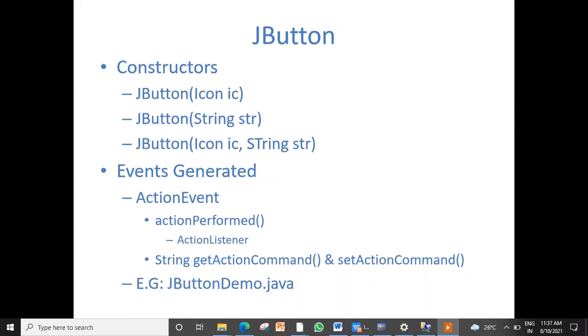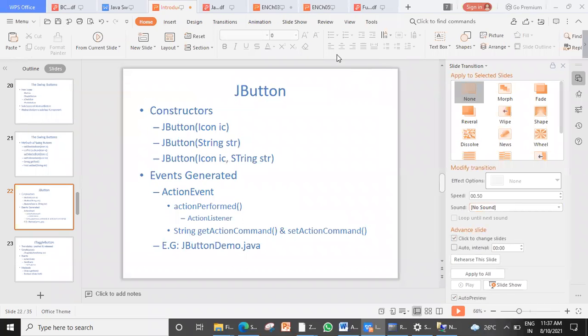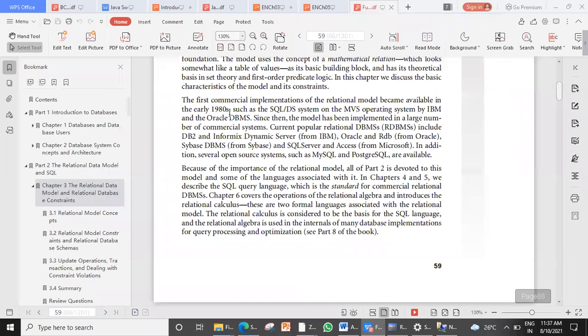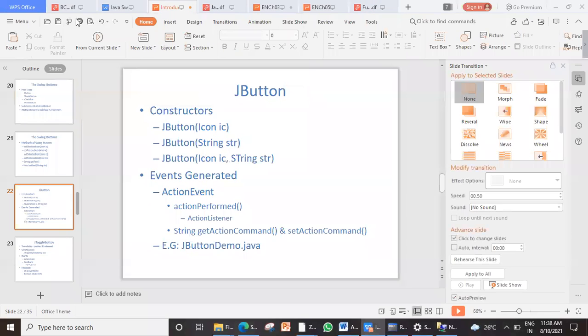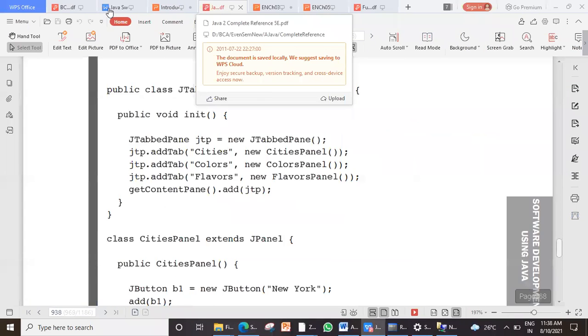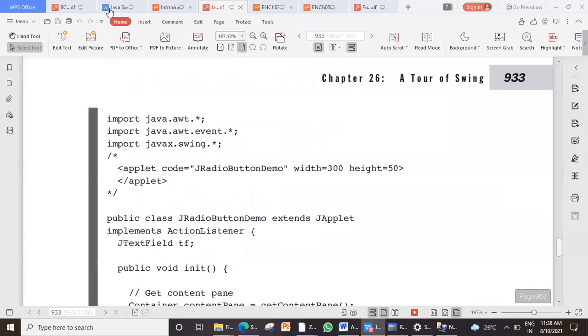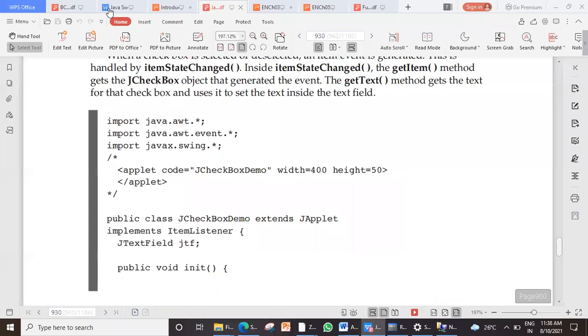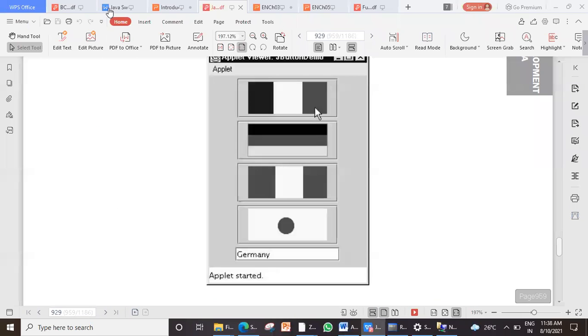Like you have one program here. This is your textbook program, a little complicated, but just to give you an idea.